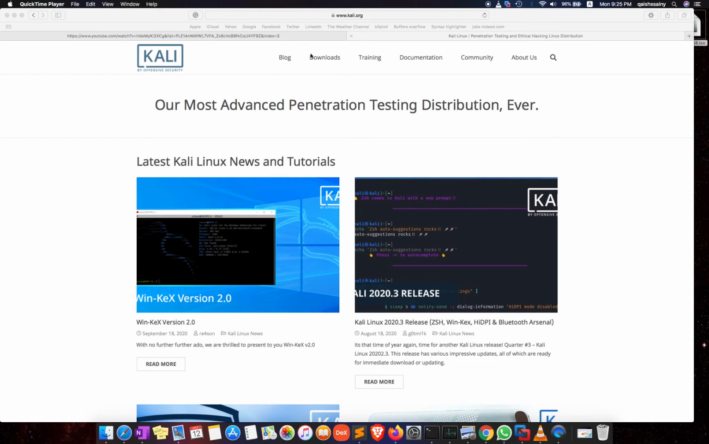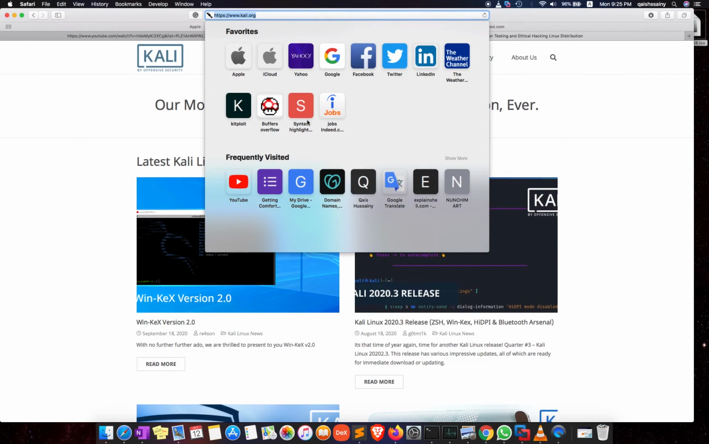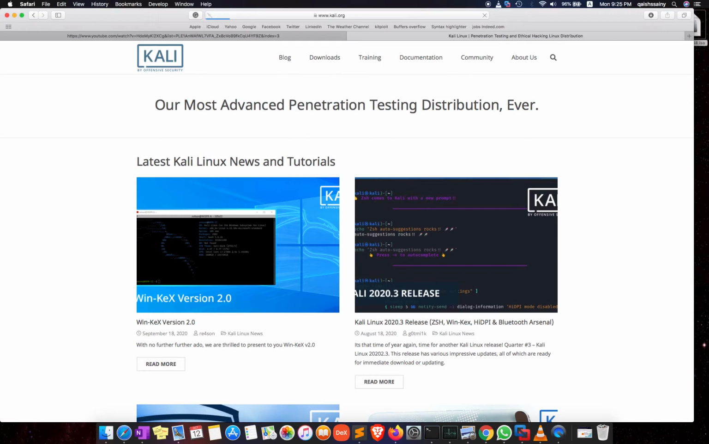Today I'm going to show you how to install Kali Linux in a virtual machine. I'm using VMware Fusion, but the steps are the same in VMware Workstation in Windows and in VMware Fusion on Mac. So first, you need to go to the kalilinux.org website,